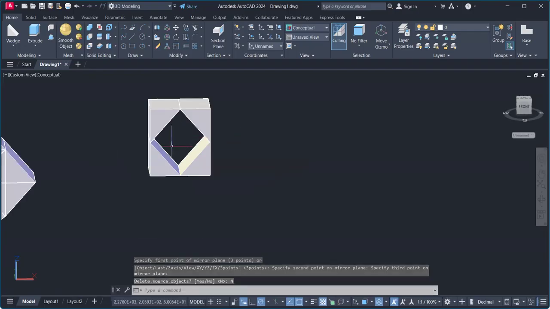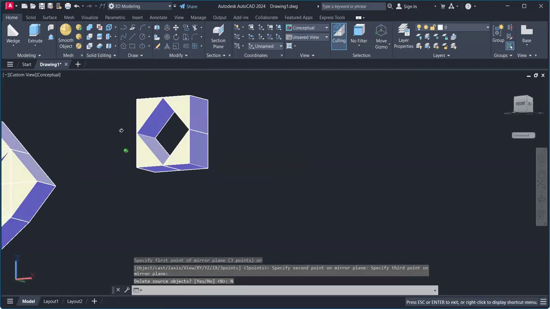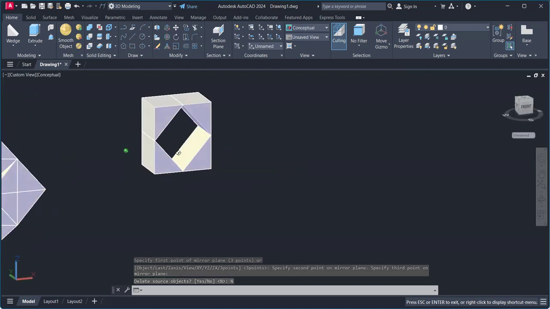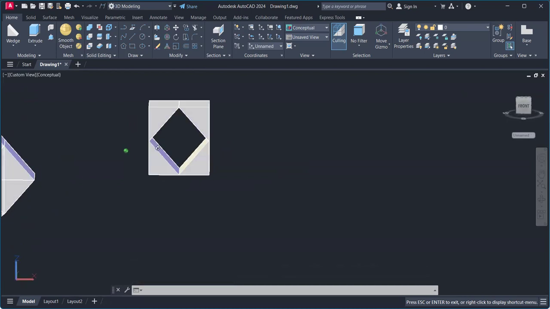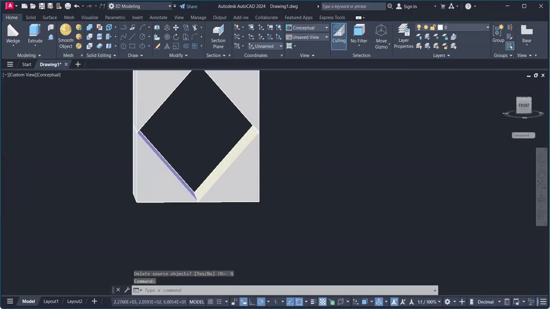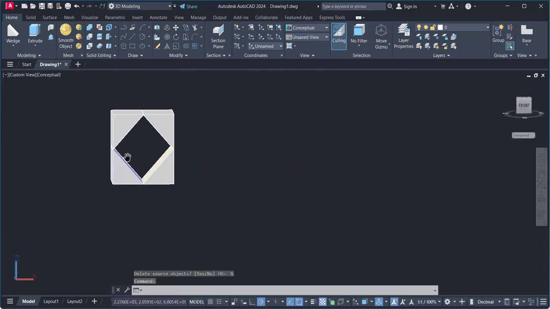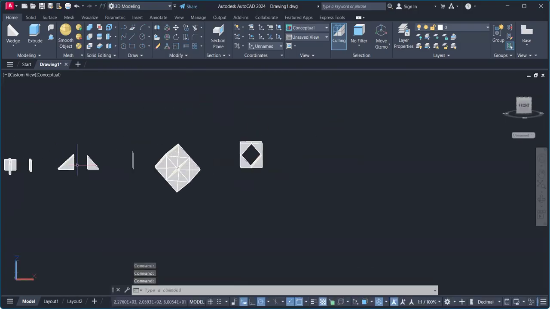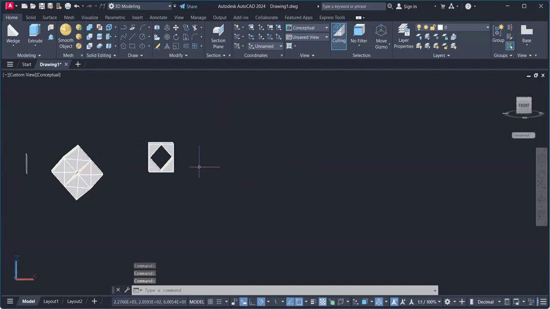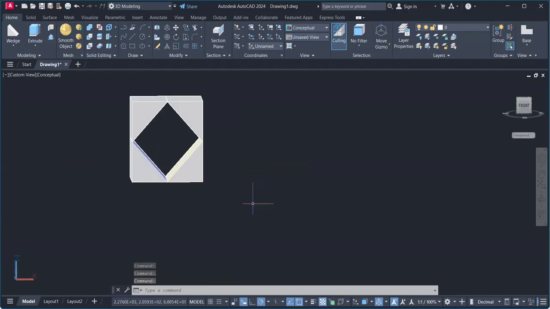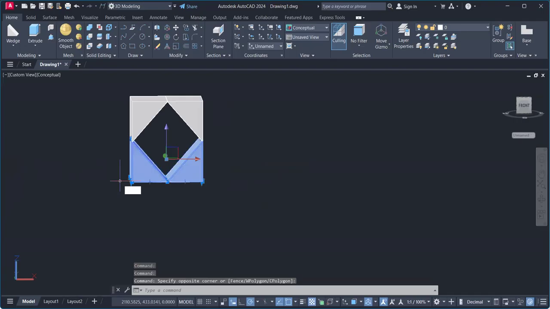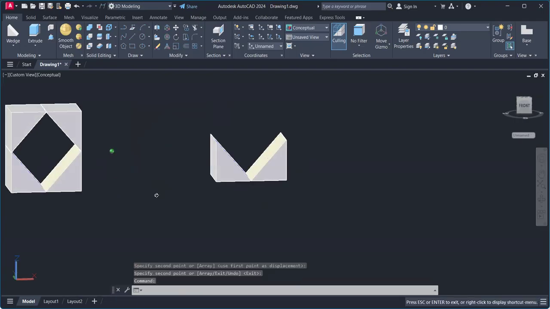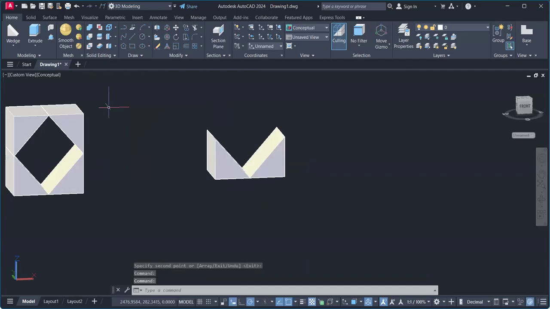Just select your mirror plane. If you find the mirror plane correctly, then you can make this type of thing, right? If you find the mirror plane, then you can make this type of thing also. Just click. If you want to do it the other way, then click here. I want to make a 3D mirror again,